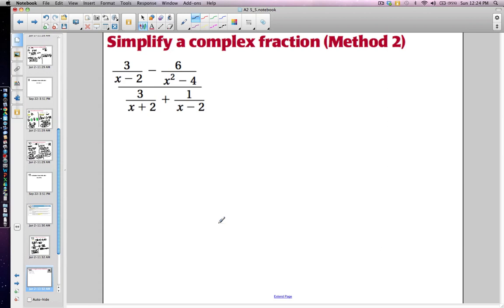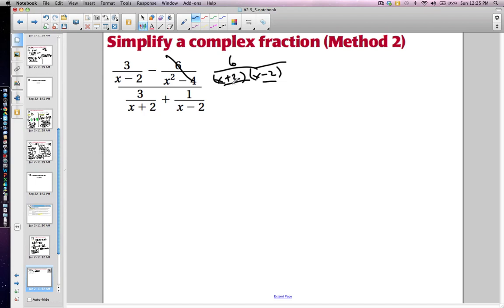Okay, if we take a look at the second method, what I want to start identifying is all the different factors. What might help you a lot is determining when you have a lot of common factors in these denominators, this might be a better method. For instance, this is 6 over (x plus 2) times (x minus 2). So if I use both of these, you'll see that's a repeat, that's a repeat, that's a repeat. This is the common denominator. So if I take this whole fraction and I multiply it times (x plus 2) over (x minus 2),